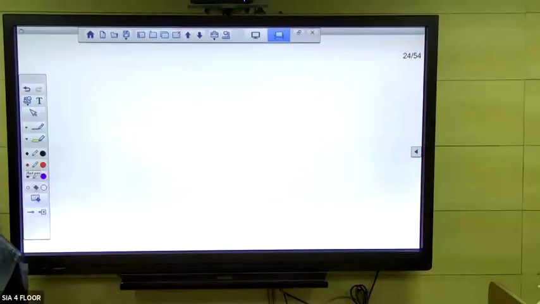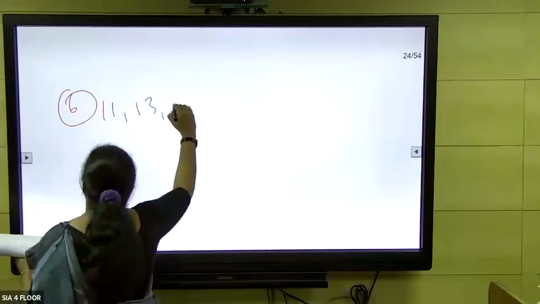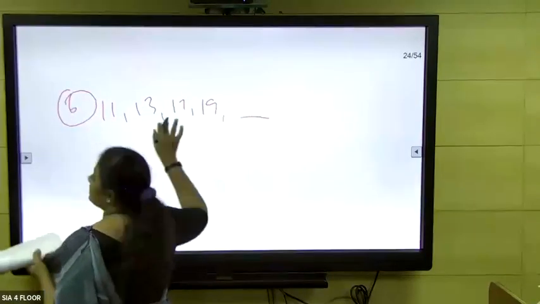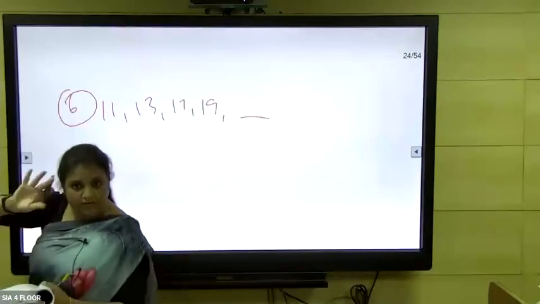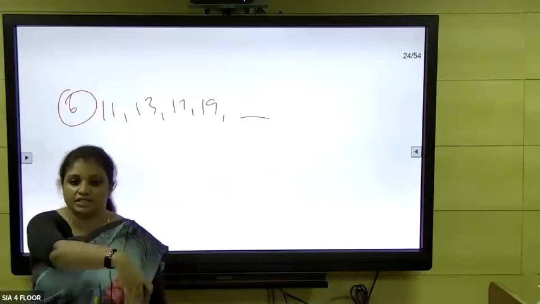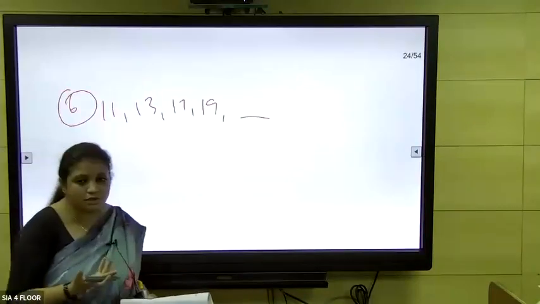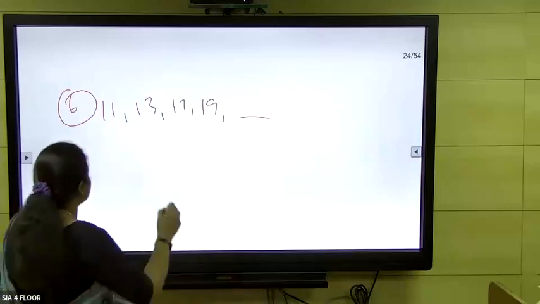So the 6th one, it's a continuous prime number sequence. Again, I'm telling you, will you be getting questions in a straight way like this? Yes, you will get. But maybe as a twin sequence combined with other things, you will be getting like this. Don't think that it's very simple and it's not going to come. It's not like that.